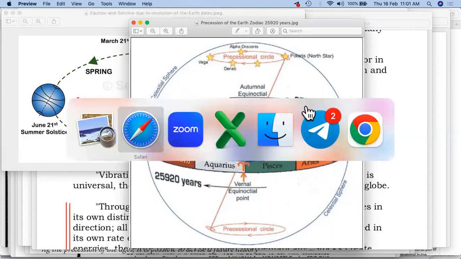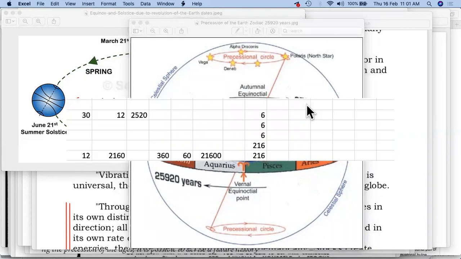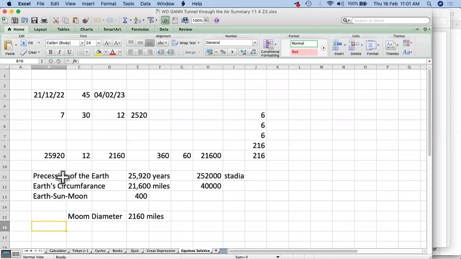Now, let me just jot it down, and because I've already made a Hindi video, I'll just try to put across a color for that. So this is the first thing that we know. I just need to color this. So we know that the precession of the equinoxes takes somewhere around 25,920 years.